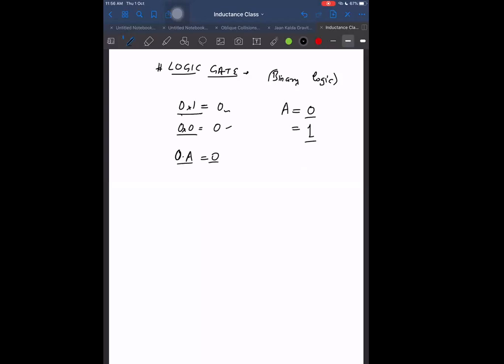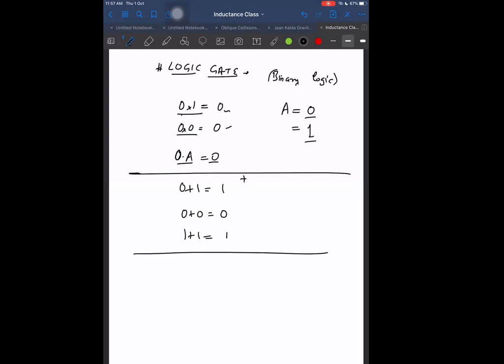Similarly, let us add: 0 plus 1 is 1, 0 plus 1 is 1, and 0 plus 0 is 0. No such rule I am able to form. What is 1 plus 1? 1 only. 1 plus 1 is 1. I think you can think in this way also. I'm not allowed to go beyond. No, here I have to be careful. Here 1 means two things actually. Plus can mean OR and plus can mean addition.